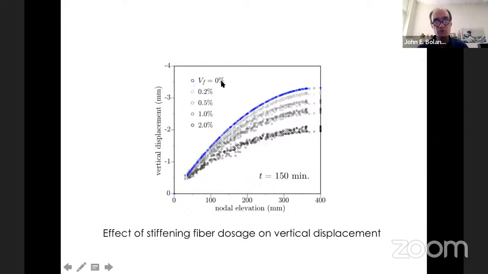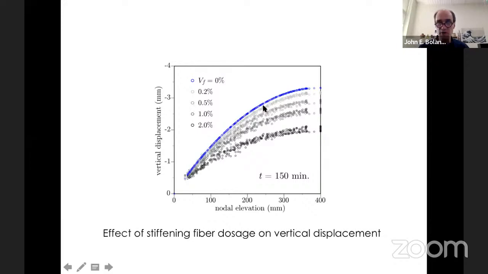So for no fibers, we see a curve similar to what you saw 2 slides ago. Well, this is at 1 age, pardon me. At 1 age, at a low depth, you have little settlement. Up near the surface, you have the greatest amount of settlement. And there's no scatter in these values because our model is elastically homogeneous.